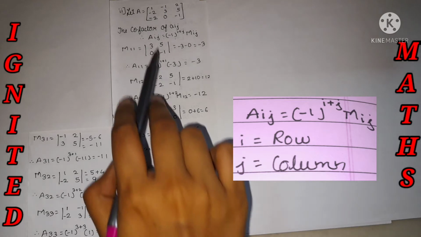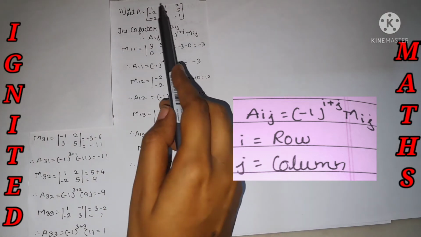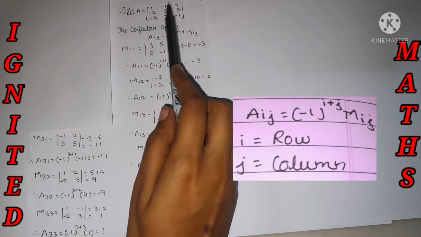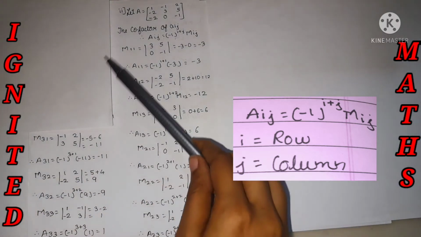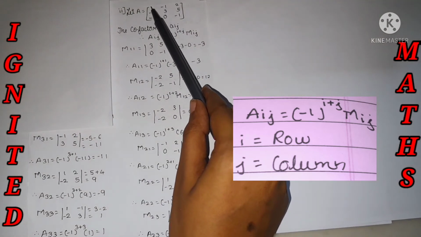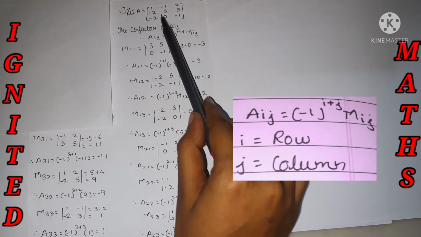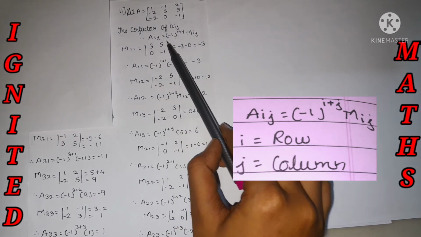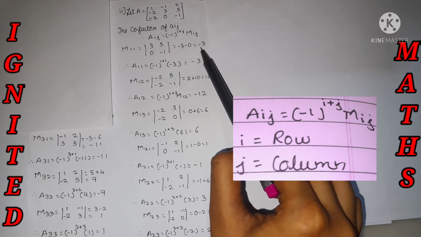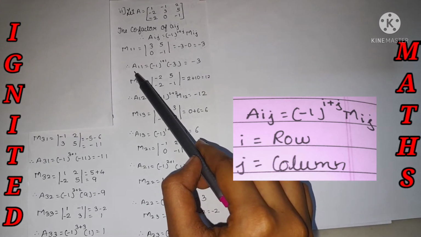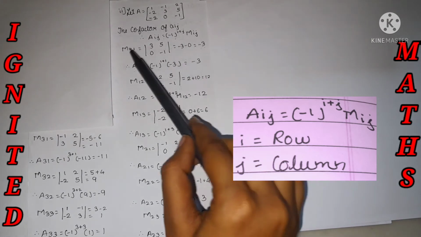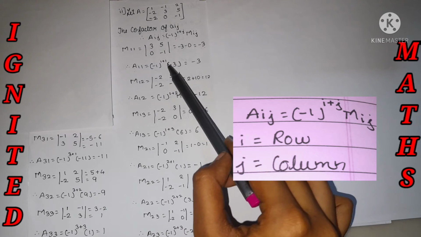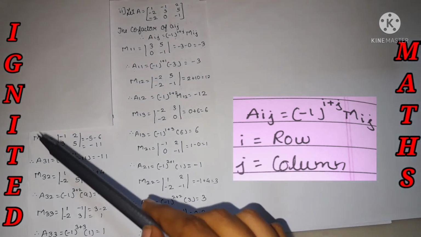Yes, so let's get started. That's what we have mentioned over here. Now we need to find the minor with respect to each and every row and each and every column, and with that we can find the cofactor. So M of 1 1: we need to hide the respective row and respective column, and the rest of the elements we denote as the determinant, and we need to find the value of the determinant, that is nothing but minus 3. So we can find the cofactor, minus 1 raised to i plus j according to the formula, and Mij is nothing but M of 1 1, that we have the answer, and we got the answer as minus 3.